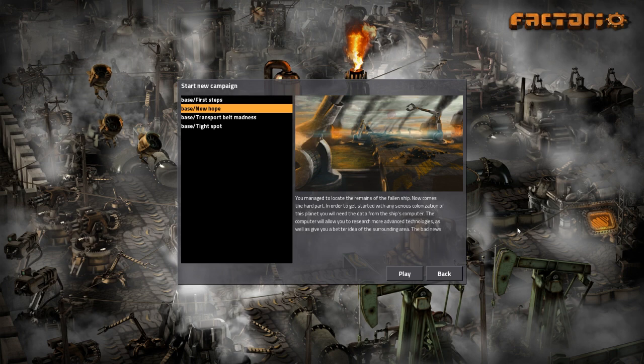You managed to locate the remains of the fallen ship. Now comes the hard part. In order to get started with any serious colonization of this planet, you will need the data from the ship's computer. The computer will allow you to research more advanced technologies, as well as give you a better idea of the surrounding area. The bad news...